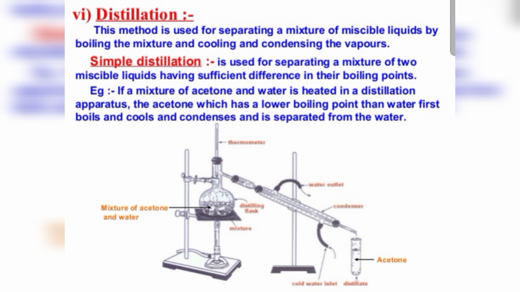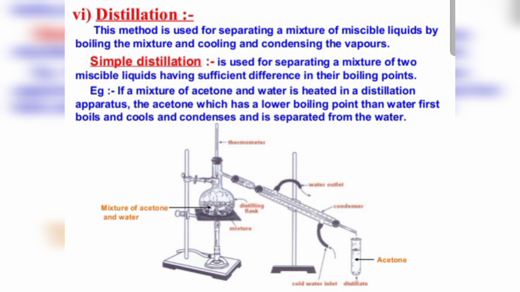So we can say that by distillation we can separate two miscible liquids. That means it is based on the difference in the boiling points of two constituents of a mixture. If two components of a mixture have a boiling point difference of 40 degrees Celsius or more, then they are separated by the method called distillation. So we can say this method is applicable when the difference in boiling point of two constituents is 40 degrees Celsius or more.